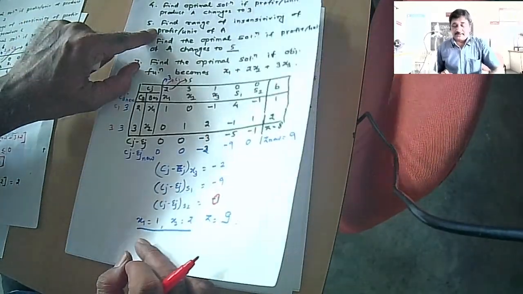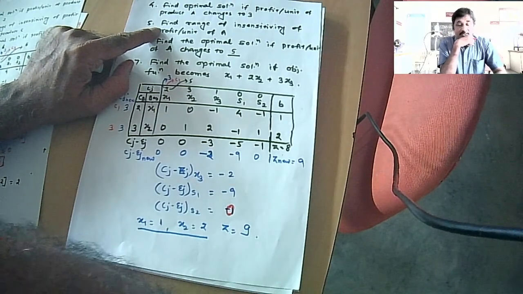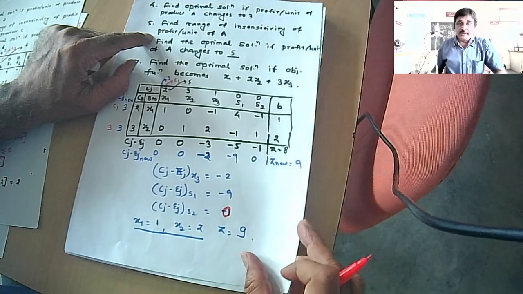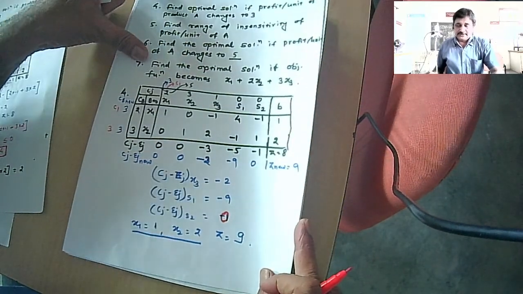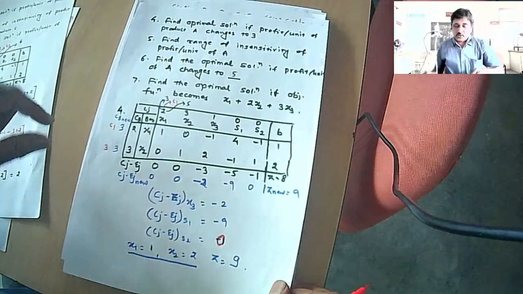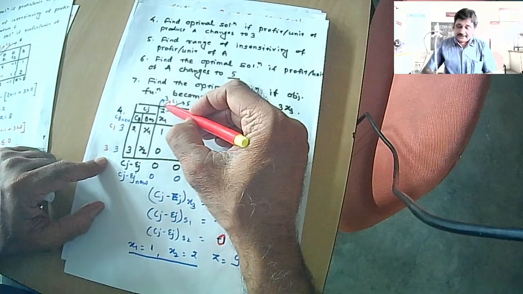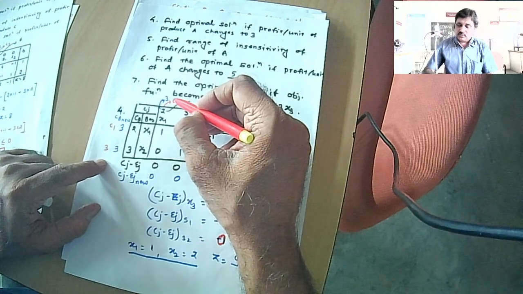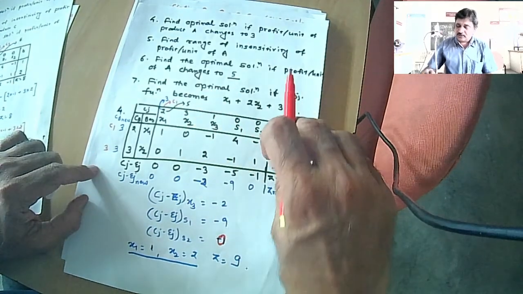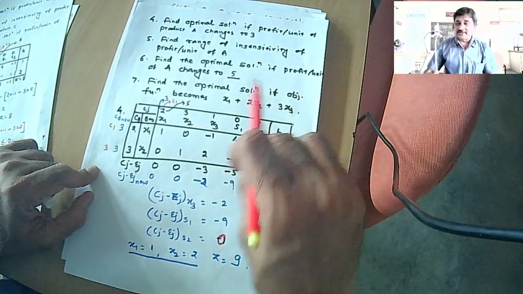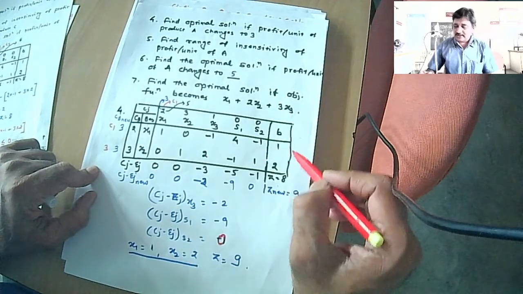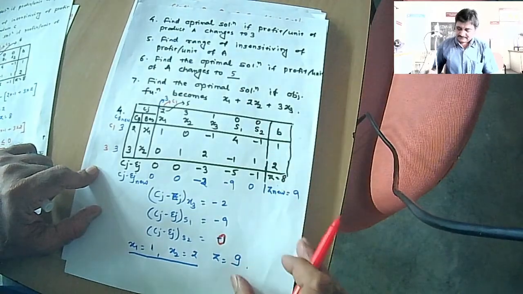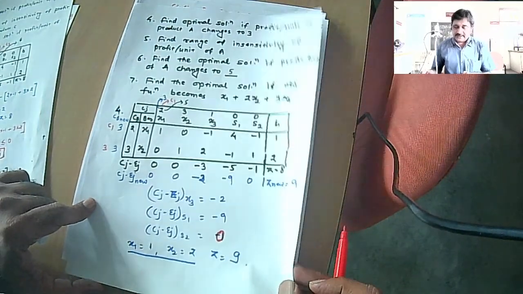Now the second question: what is the range of insensitivity of profit per unit of product A? So what I'll be doing now is, in place of 2, I'll be writing C1, because I don't know the value of C1 for which I'll keep on getting this as the optimal solution, x1 equal to 1, x2 equal to 2. So I'll be keeping this as C1. And as soon as I do that,